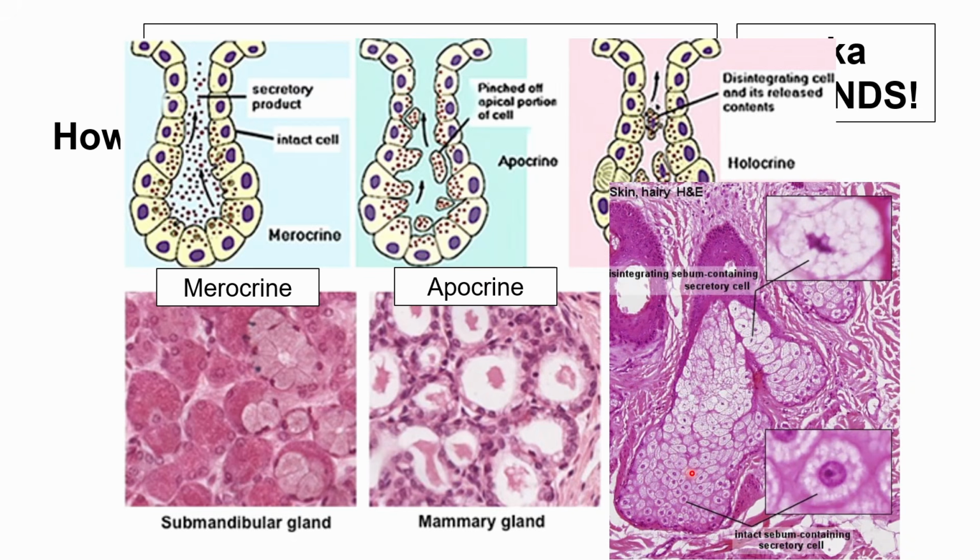The cells, in order to secrete the product, would eventually die as they go up. And by the time that it's dead, the whole cell will be expelled out. No? This makes sense, no? The manner by which the secretions are being excreted also reflects the consistency or the nature of the secretion, right? For example, for the sebaceous cells, you would have your sebum.